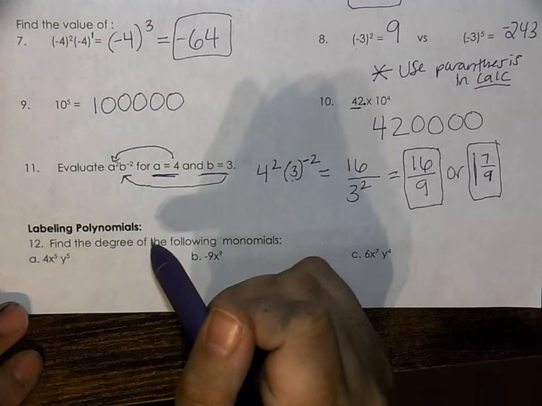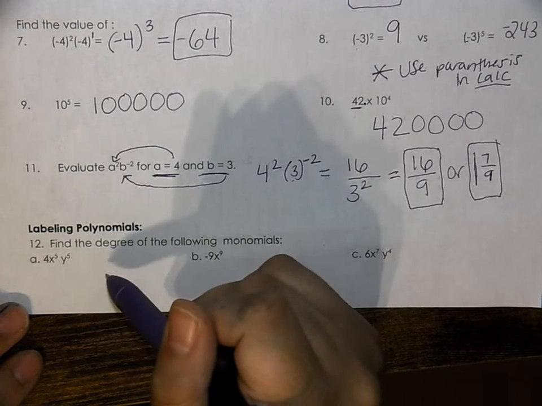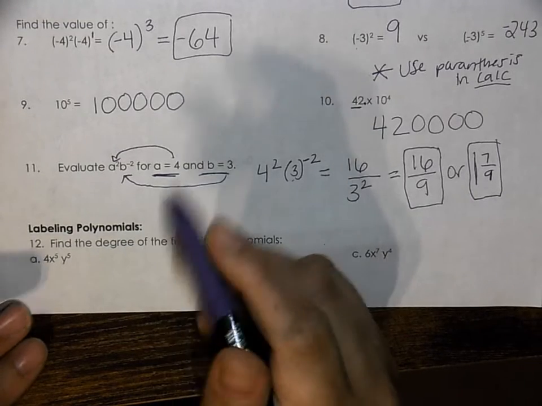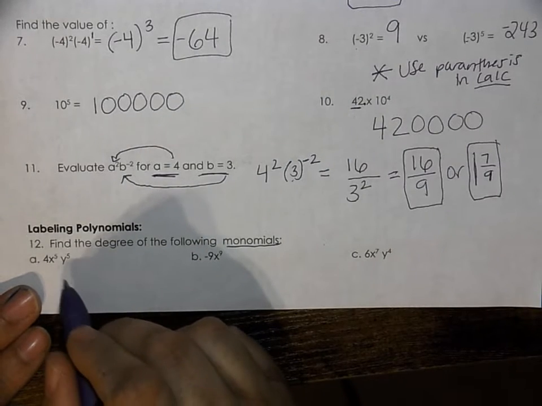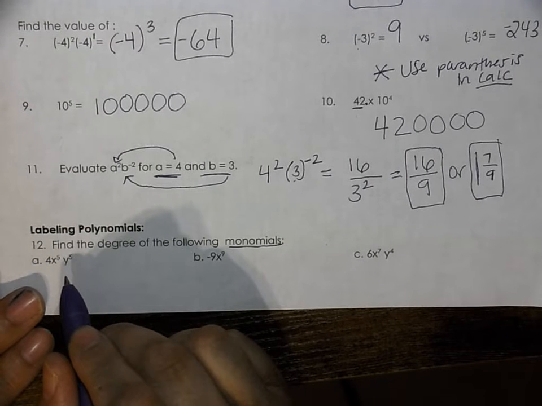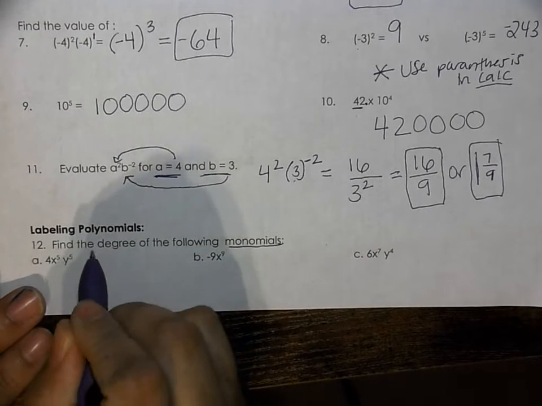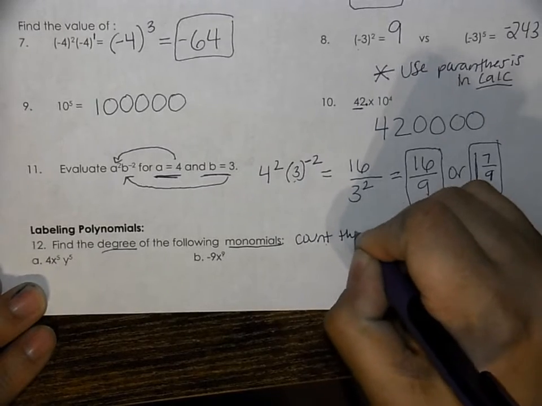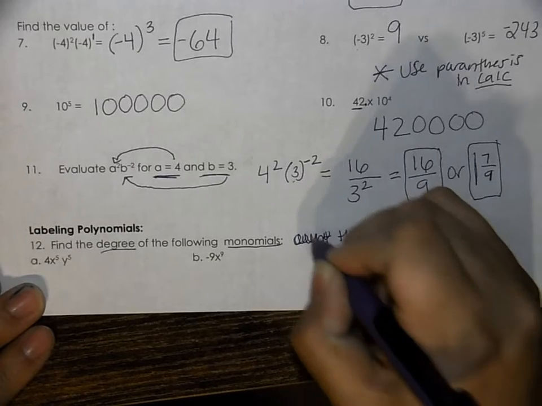All right, so finding the degree, we're moving on to polynomials, which we know that means working still with exponents, but now they may have pluses and minuses in between terms. So monomials, we talked about how that's just one single term, with numbers, variables, and exponents all as one term, no plus and minuses yet because it's just monomials. So when we figure out the degree of a monomial, you have to add the exponents,